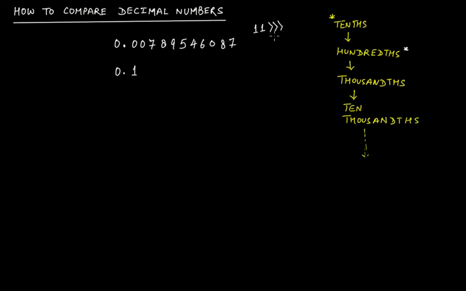But wait, what we discussed here, we discussed that always compare the tens place value. The tens place value is the boss, the first boss after the decimal point. And if you look at the decimal point, you have 0 here. At the tens place value, if you look, you have 0 here, but you have 1 here. Okay, 1 is greater than 0. Tens place value is the boss. Doesn't matter what comes after the tens place value, how many digits do you have after the tens place value. But if it gets decided at the tens place value only, that which digit is greater, no need to look